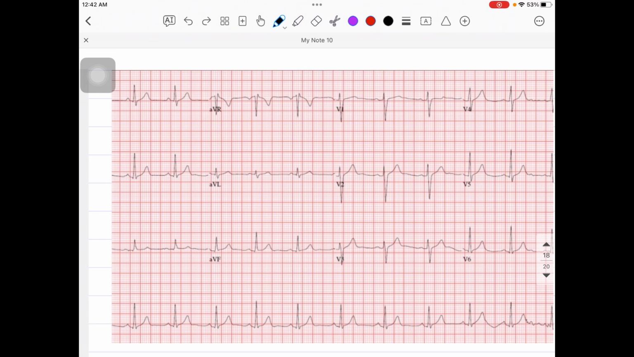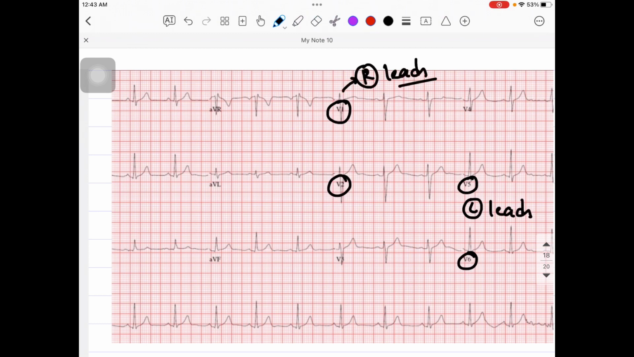So basically V1 and V2 are your right sided leads, and you will be going towards the left side at last. So V5 and V6 are your left sided leads, and V1 and V2 are your right sided leads. Okay, so please do remember this particular thing. So if you talk about the LVH, and one more thing before going to the LVH, guys,